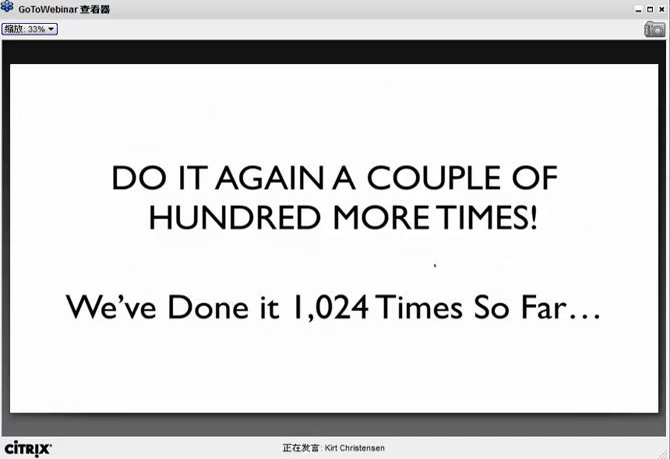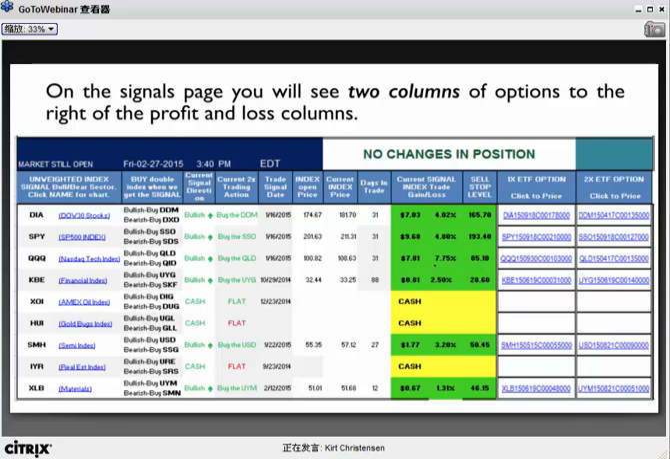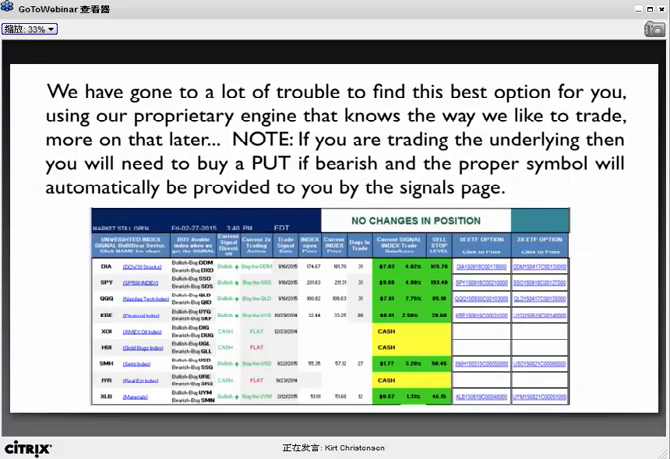So you'll notice we have the two options positions on columns on the right. We've gone to a lot of trouble to give you these option positions, and it's quite simply,